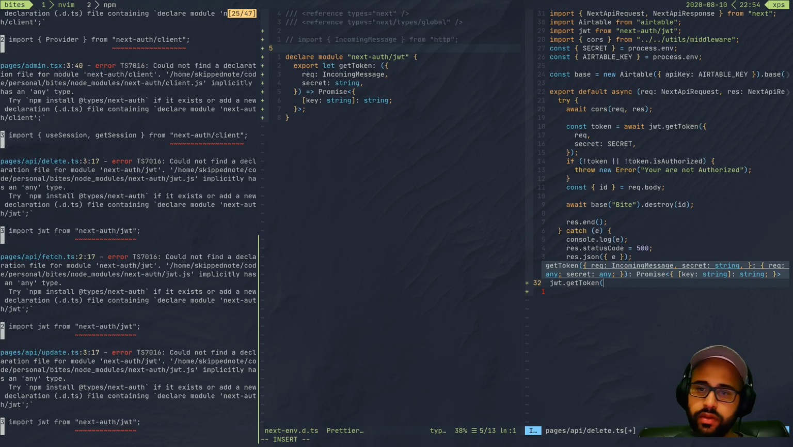I'm wondering, maybe it's because of this bit, or is it something else? Because it says here that request incoming message, secret incoming message maps to request any and string any. How does that work? Why are there two interfaces? Okay, yeah, here we are seeing it's an incoming message and string, but then